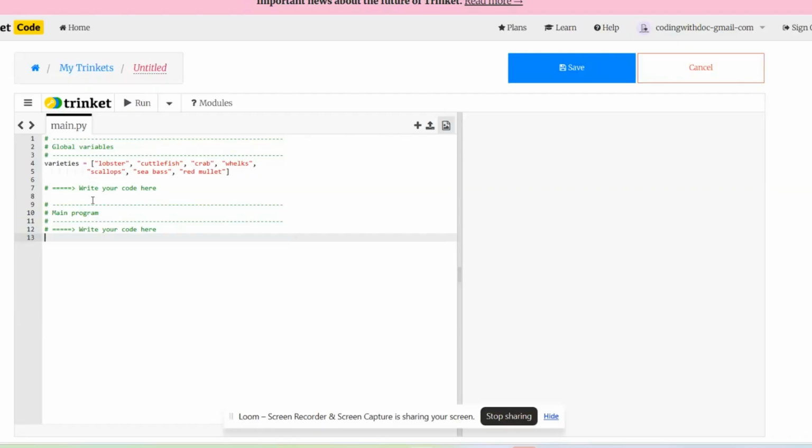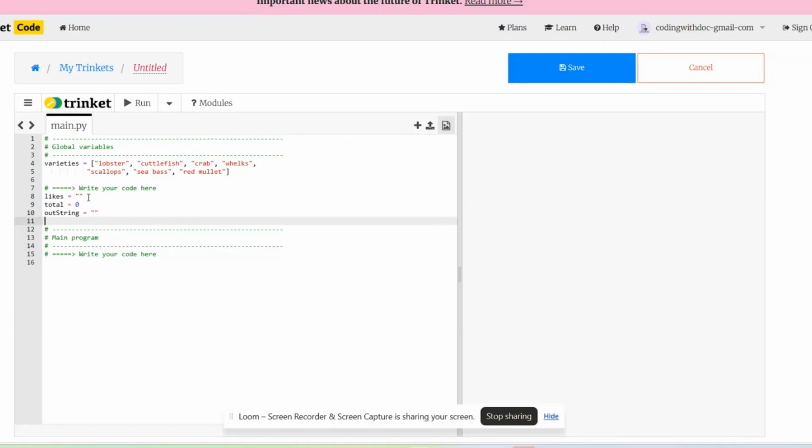And you can see, just like before, we've got the global variables at the top and the main program below, and they've already given us this variable, but they're asking us to put in these extra variables. So likes to an empty list. Well, an empty list is always going to be quote, quote. Set total to 0. So that's going to make it an integer from now on in the program. And then it says set out string to quotes, an empty string, and then set layout to you like,